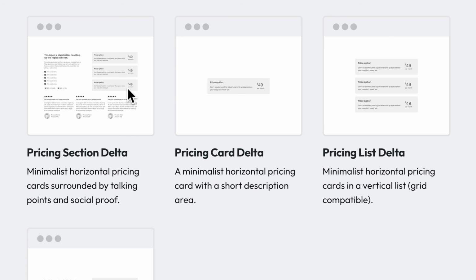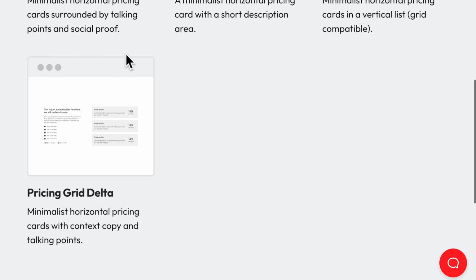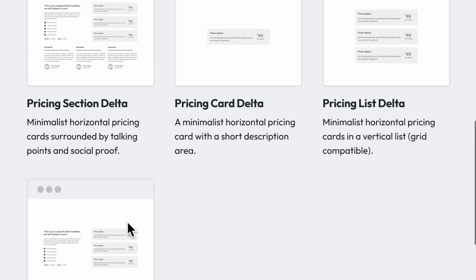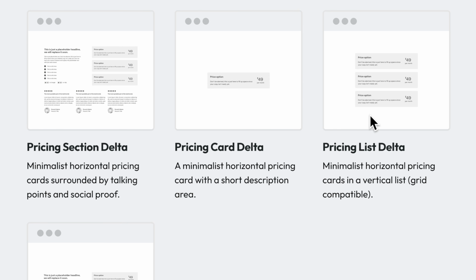See, it has a 2-column layout at the top. It's got some content and a pricing list. And then there's another separate container underneath with some testimonials. But because the templates are modular, you can separately just use the pricing grid from the top of the section, or just the pricing list itself, or even just an individual pricing card. Any repeatable component or BEM block, if you like, is available to use separately. And this modular approach is how I think we should be naming our classes and building websites generally, so that everything is modular and reusable.